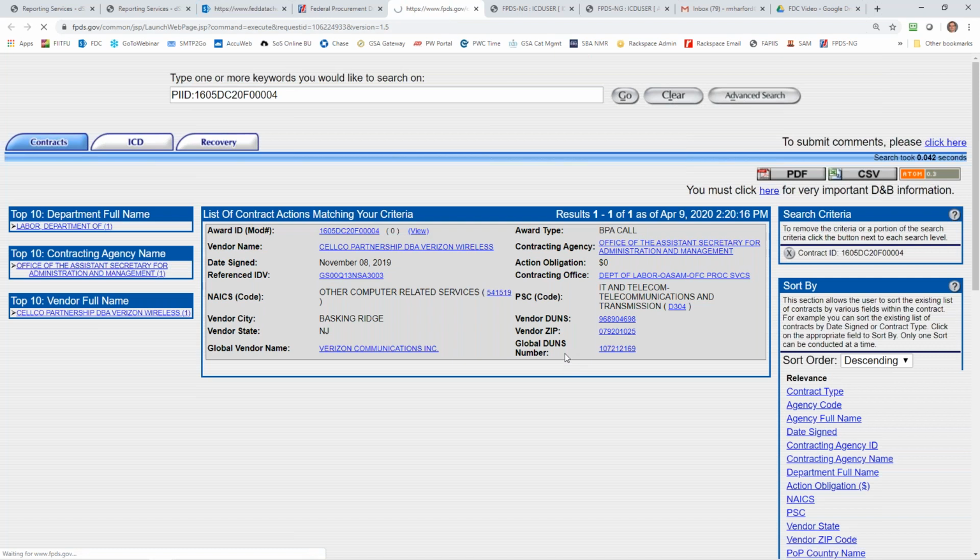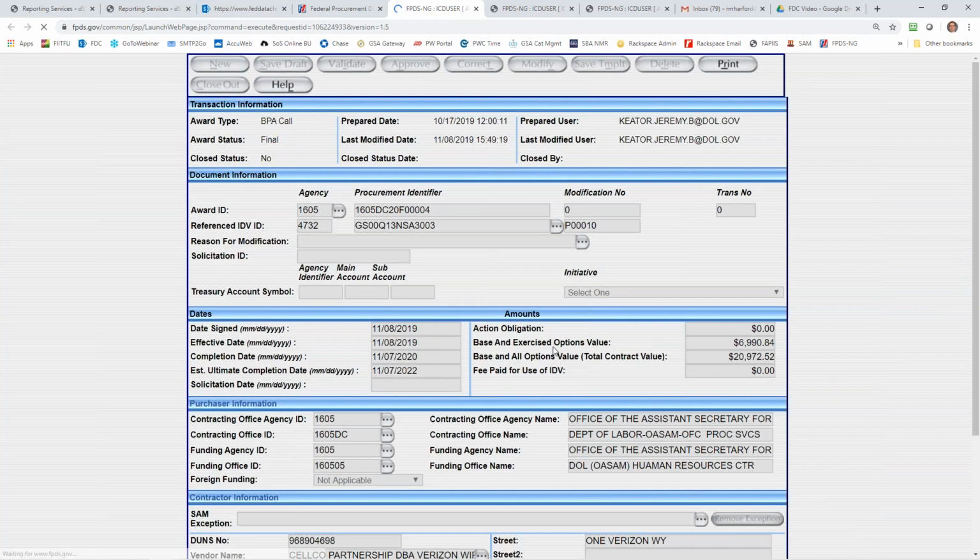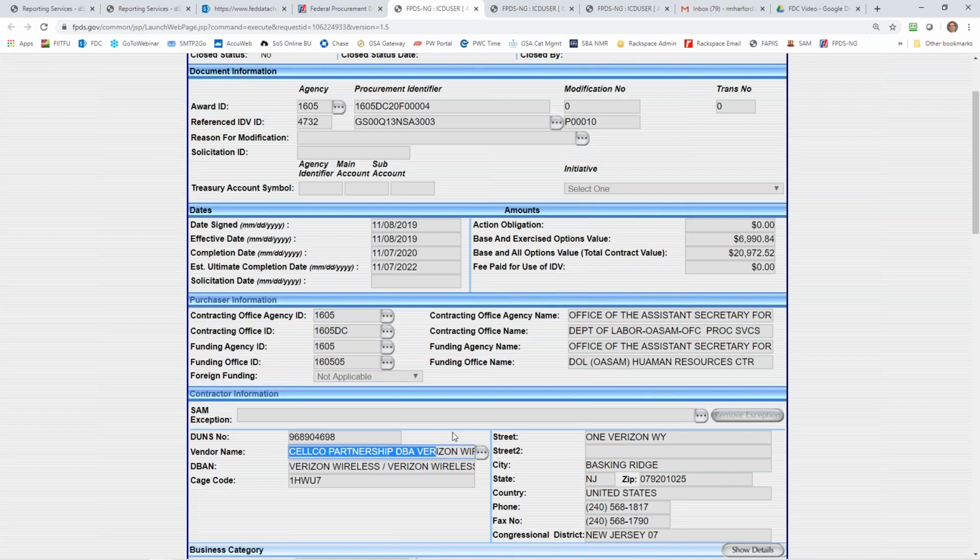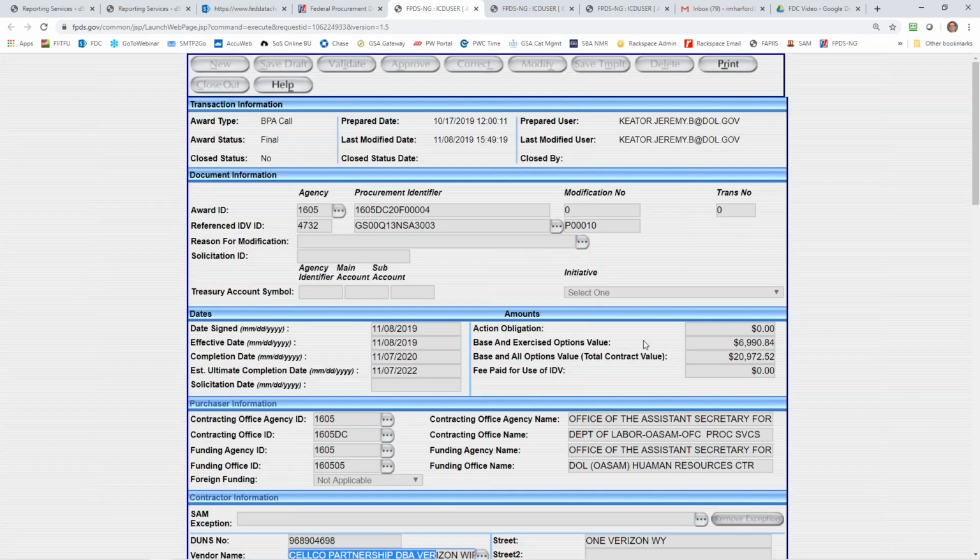So you can see, kind of tell by the vendor, that it's part of the FSSI. You can get an indication that it's part of the FSSI wireless. It's an order against an FSSI wireless IDV. Any action obligation against this would count towards category management spend.